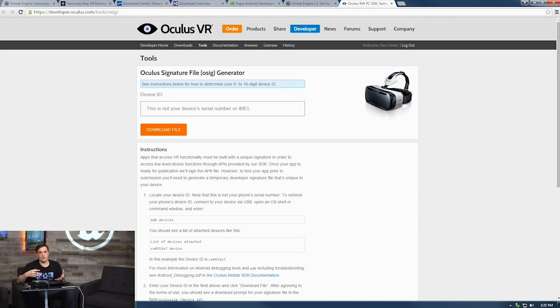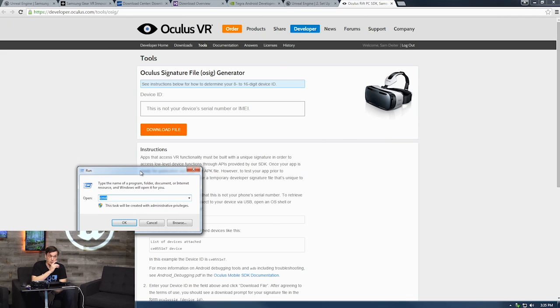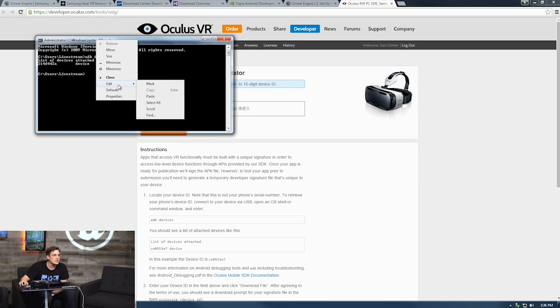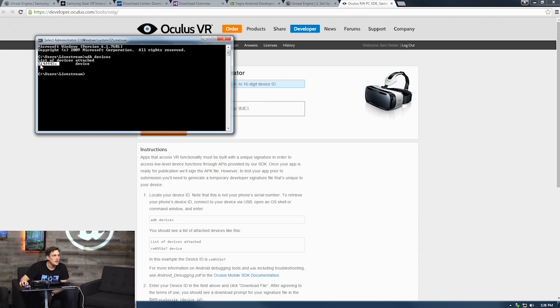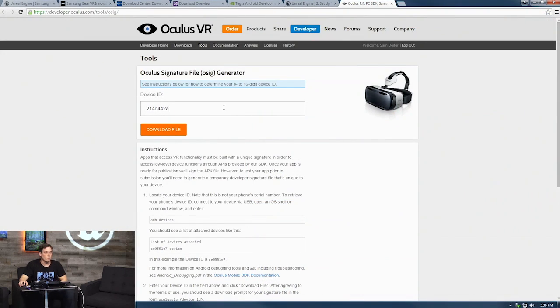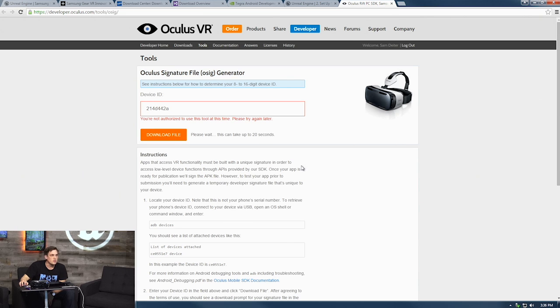So once you've installed everything, once you have Tadpole installed, the USB drivers, all of that stuff, you can bring up the run window, and I typed in CMD to bring up the command prompt, and I'm going to hit adb devices. And as you can see right here, I have my number, which is 21442A. If I right click on this, I can mark this. What I'm trying to do here is get that number, and then once I have that number, I paste it into the site. And then I can download the